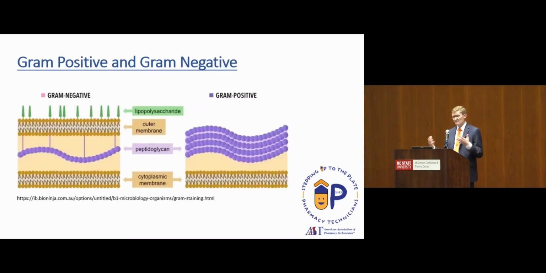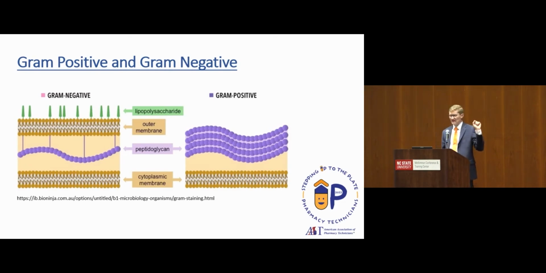So we talked about gram-positive and gram-negative, and I want to talk about the difference between them, because that's one way that we can differentiate. Say in theory about half of bacteria are gram-positive and half are gram-negative. If we identify that the bacteria is gram-positive, then we know that it's not one of these gram-negative bacteria, and that can help us tailor our antibiotics appropriately. So a gram-negative bacteria, you can see, is going to have an outer membrane and then a very